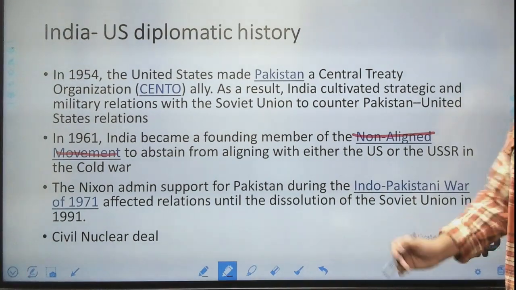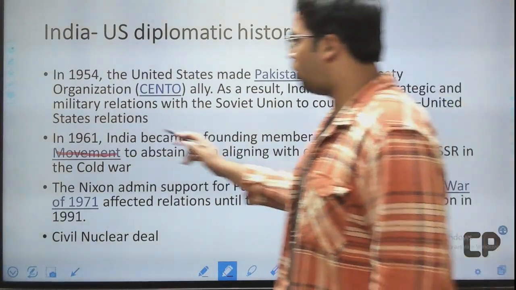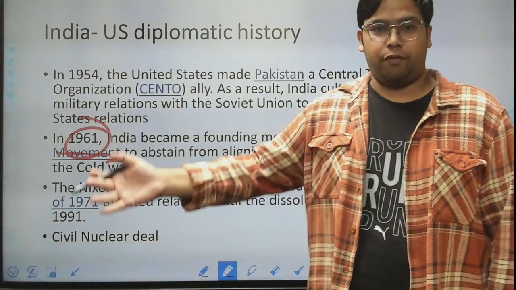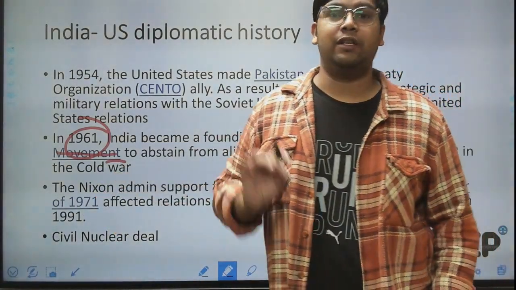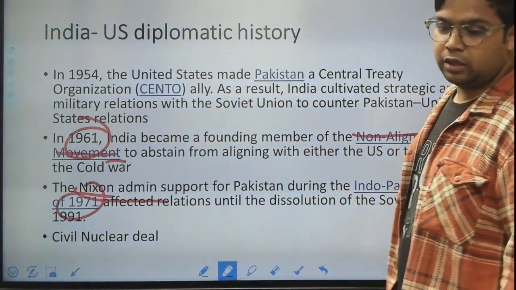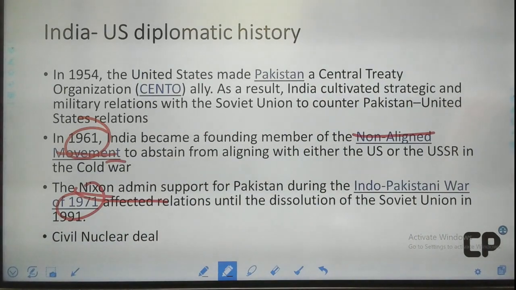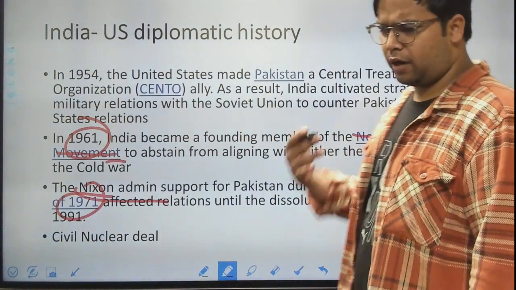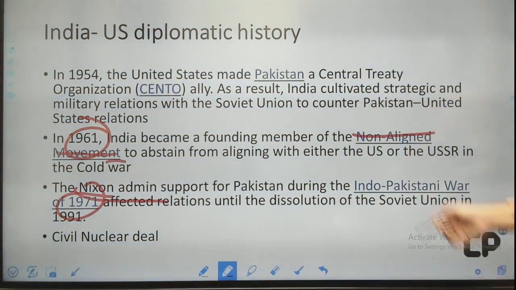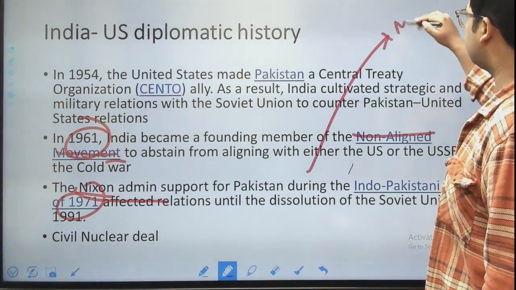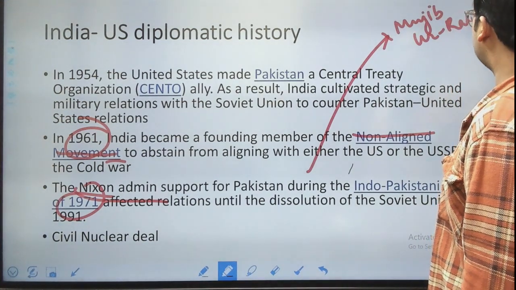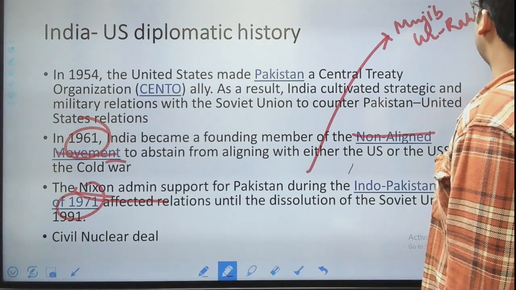Okay, however, यहाँ पर जो हमने non-alignment का pledge लिया था, we see a bit of divergence from this. और इसका एक बहुत important reason क्या है? The 1971 war and the Richard Nixon administration supporting Pakistan in this 1971 war. Now I'm pretty sure you are aware of the background of the 1971 war, that Sheikh Mujibur Rahman was a very important prominent leader in East Pakistan,